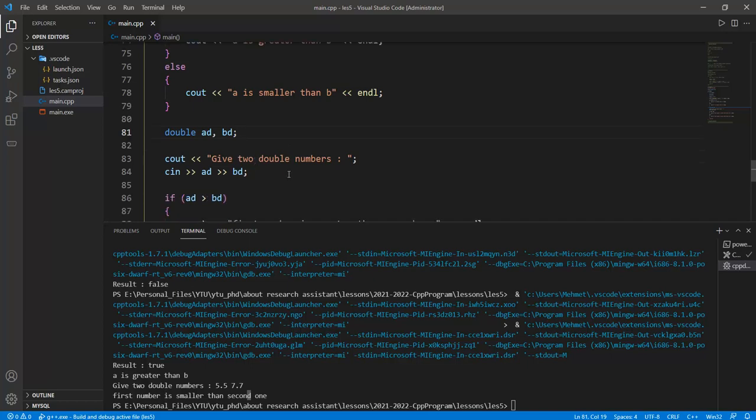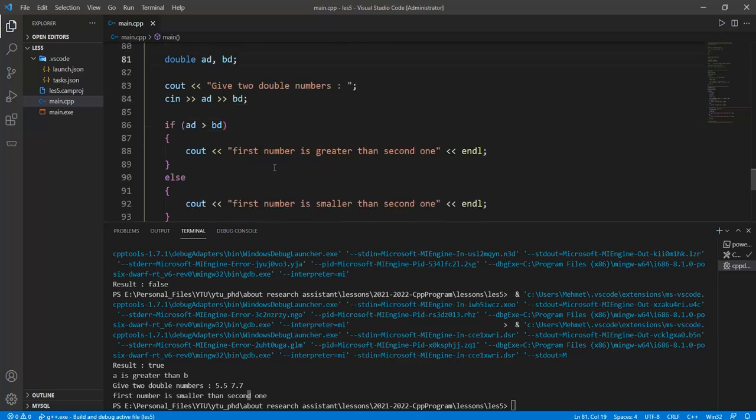The double or char or integer or float value should be applied to the Boolean operation. Okay, because the conditional statements are directly related to the Boolean operation or its result value. Okay, and so if you have any decision about your program, you should add the greater, smaller, or other things in here. Okay,